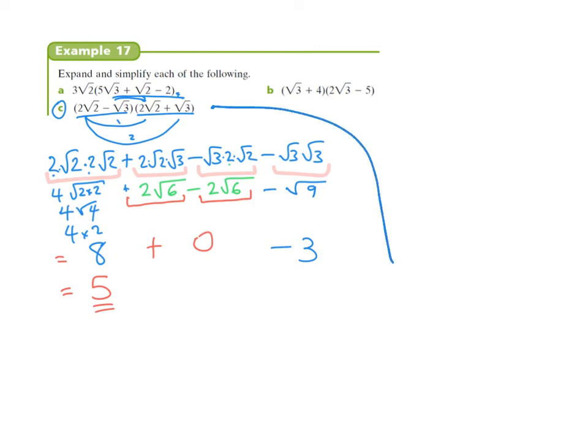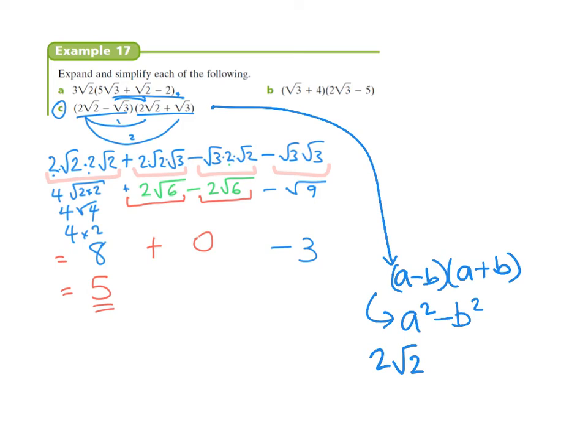They begin solving it by using the difference of squares. So when you have a minus b multiplied by a plus b, that is the same as a squared minus b squared. So that was one of the rules that we looked at when we did polynomials, and that's why they cut straight to the chase. So the a term was 2 square root 2, and the b term, and then they just changed colour there, they just squared that. And then the b term was the second term in the brackets, which is just square root 3,